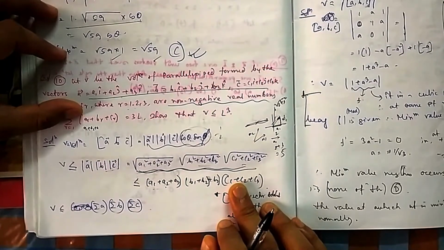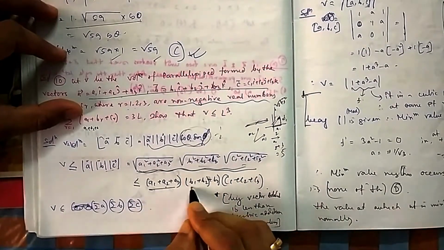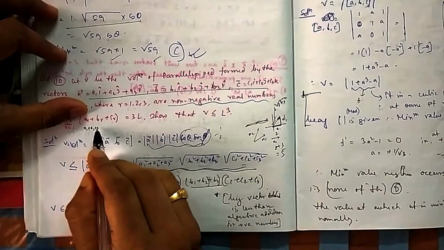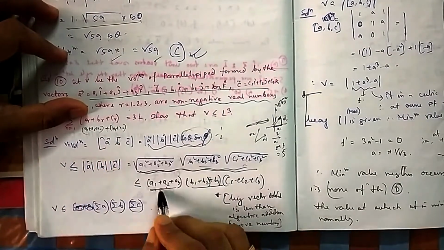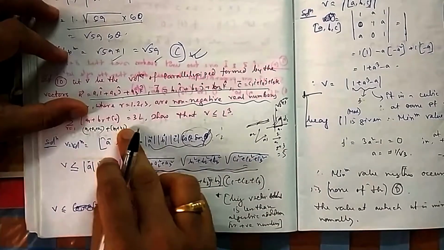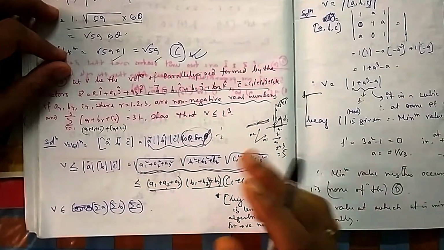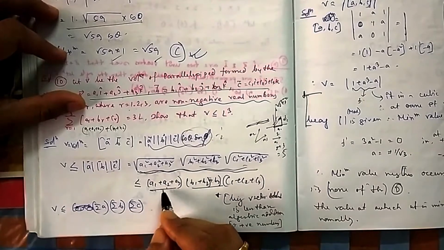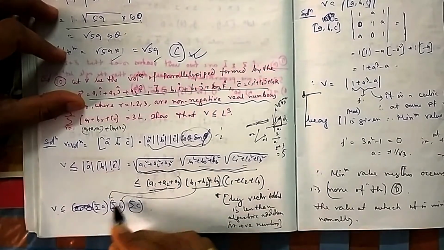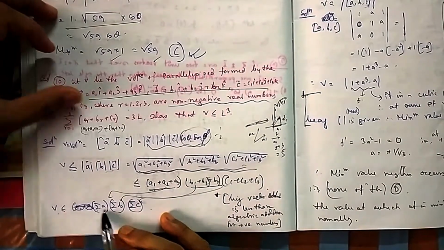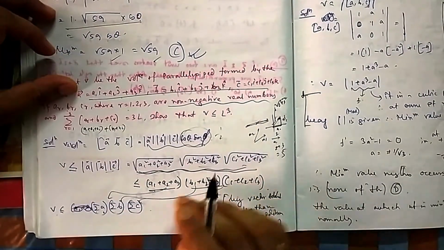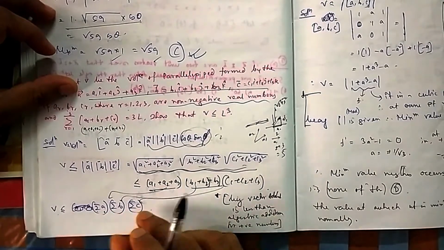Now somehow you have to introduce this: this is a product of these three. But here you have A1 plus A2 plus A3 plus B1 plus B2 plus B3. So the product of these three should be related with the sum. So what is the relation? Only one relation, because your volume is less than or equal to this one. I have written this: summation A, summation B, summation C, and here it is summation A plus summation B plus summation C. You can split this summation. So ABC and A plus B plus C.